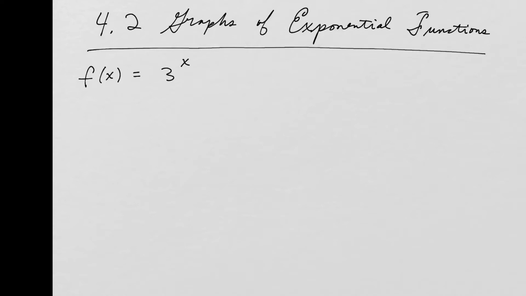So remember, in general, an exponential function has the form f of x equals a times b to the x. So in this case, a is equal to 1 and b is equal to 3. Okay, and then the other function I want to look at is f of x is equal to 3 to the minus x. But another way of writing this is